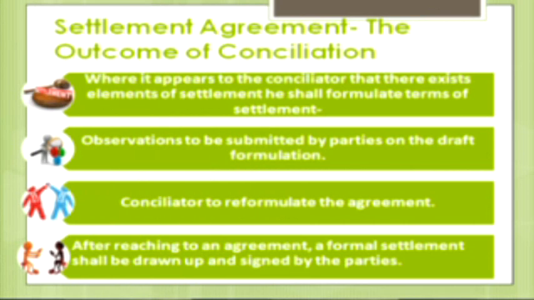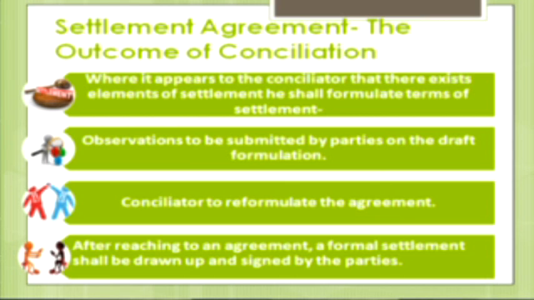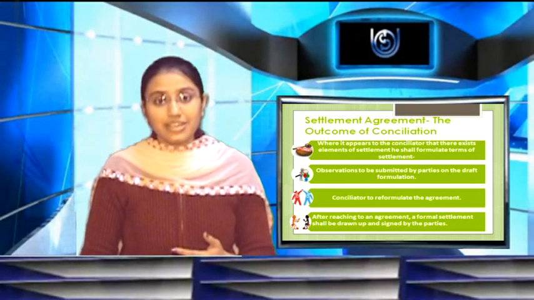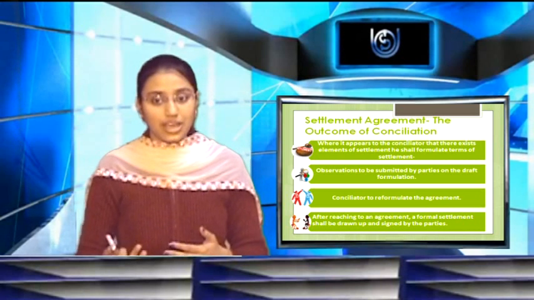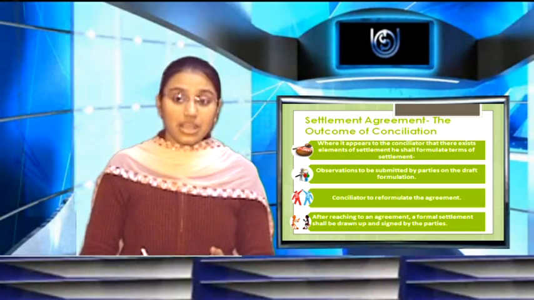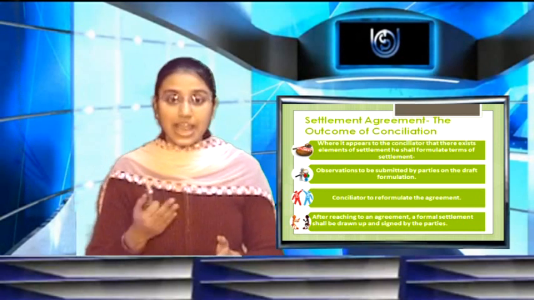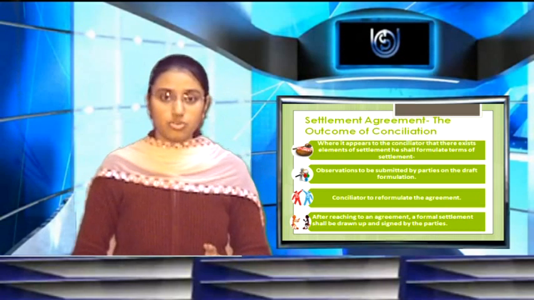So the settlement agreement, the outcome of the conciliation, is where the conciliator ensures the elements of having formal terms. There should be certain terms that have a proper observation regarding the content, that is the issue. Whatever the issue, have the right observation, bringing it into the right practices, submit them, and then yes, approval that comes into the right judgment is one of the forms. So reformulate the agreement, then after reaching an agreement, the formal settlement should be drawn. The formal practice signed by both the parties must be there. So that comes into the settlement agreement.